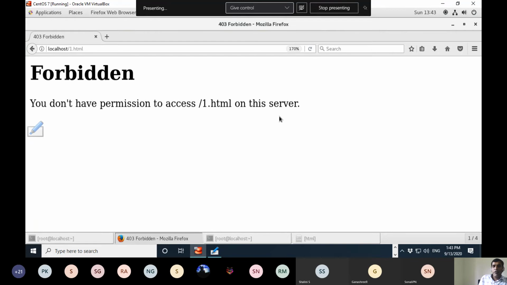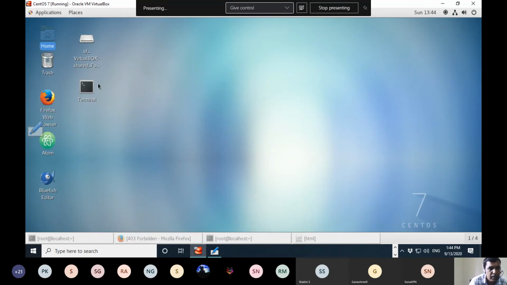So that means you are trying to access a file which is actually present on the document root of the web server. So I am accessing from the client, which is Firefox, and we don't have sufficient permissions. That's why it is giving this. But definitely you can change the permission of the file.